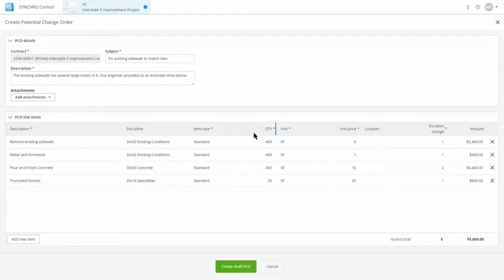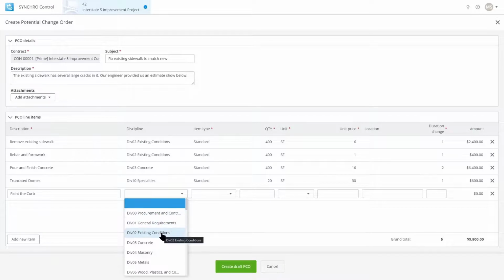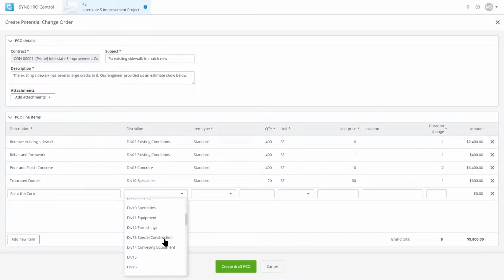And when I do, all of my fields come in exactly how they used to be when I was rejected. But I do have the ability now to make edits or changes to the form. So she said we needed a new item, and that was coatings. So we'll just do paint the curb. This will go under, I guess, coatings, which is